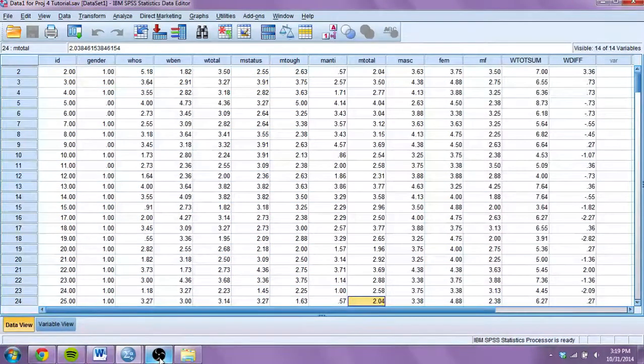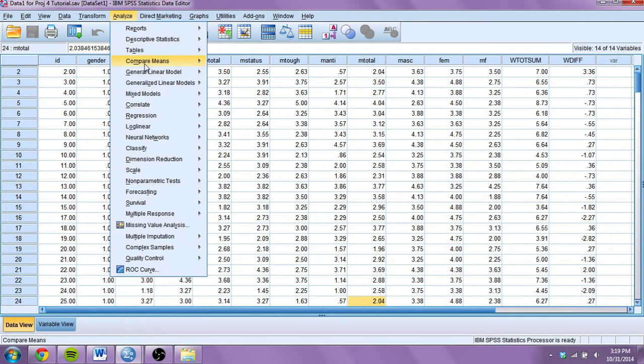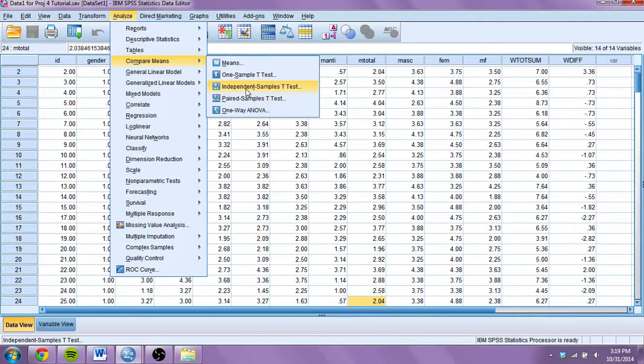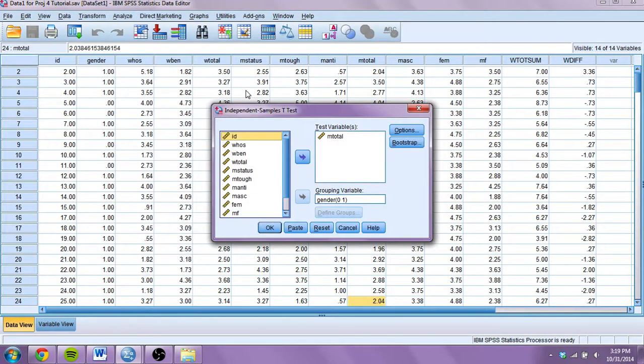I can keep going. All right, so the way that you do an independent samples t-test is you go to Analyze, Compare Means, Independent Samples t-tests. And what the project's asking you to do is to compare men and women on M total. So the null hypothesis of this t-test is going to be that the mean of men on M total and the mean of women on M total is equal to 0. Or in other words, the null is that there's no difference between men and women on their average M total